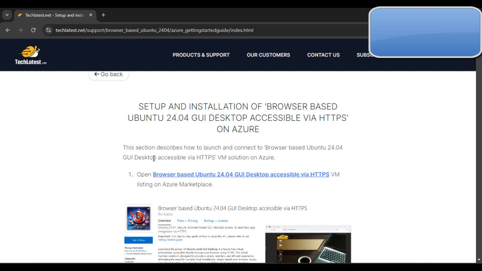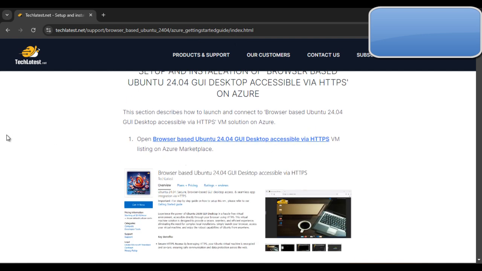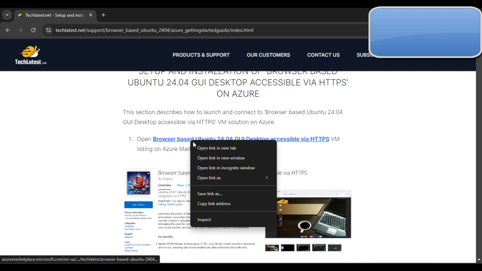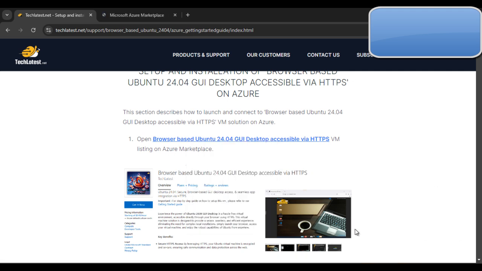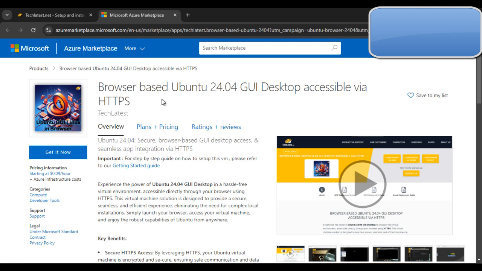So let's get started. Here you can see that this is the step-by-step guide on our website. You can check it out on techlatest.net/support/browser-based Ubuntu 24.04 Azure getting started guide. Okay, so our first step is open this VM on Azure Marketplace. So this is the direct link of Azure Marketplace. If you click on this link and open link in a new tab, it will direct to open this